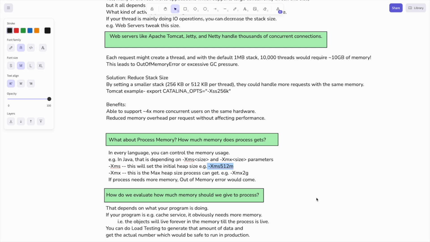That means the objects should live forever in the memory until the process is alive, right? Because you don't want to hit the database again and again. That data has to be live in the memory, right, forever, so that the performance can be increased and latency could be decreased. So how do you usually calculate this number, what would be the minimum and maximum value? In real organizations, you do load testing to generate that amount of data, right? So you generate the